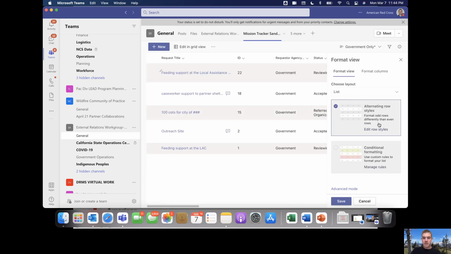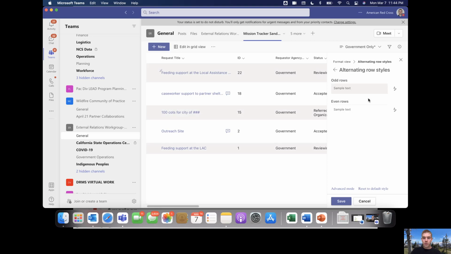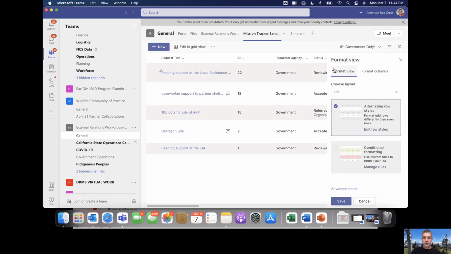If I go to a list, I can edit the row style. There's a whole bunch of things you can do here. In most cases, you're not going to need to touch this. If this is something you really want to do, I suggest you take a look at a SharePoint list training. It doesn't pertain to the mission tracker, but it really shows you all of the guts and the technicalities of